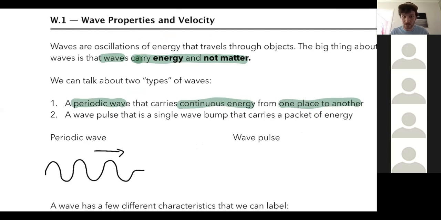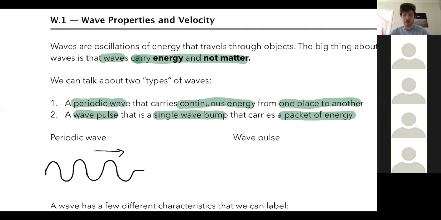A wave pulse is a single wave bump or packet of energy that moves through the wave. So a wave pulse is a single bump and a packet of energy. This might be really difficult to show on this string. A periodic wave never stops, but a wave pulse, I just make one go through. It can happen once, twice, or three times in a row, but it is single packets of energy. It's just a pulse that shoots through